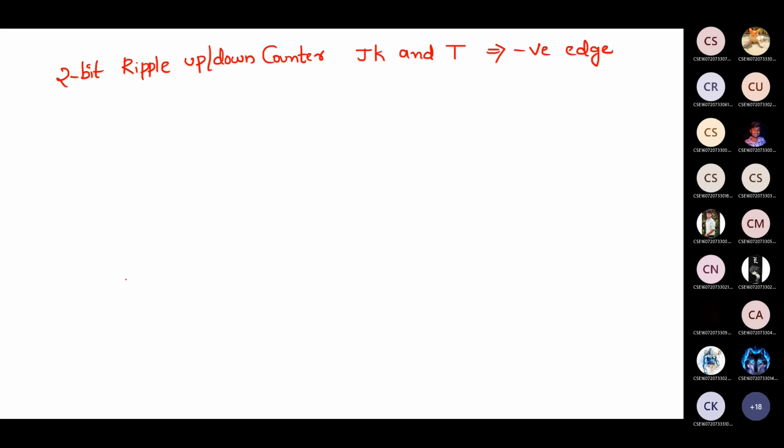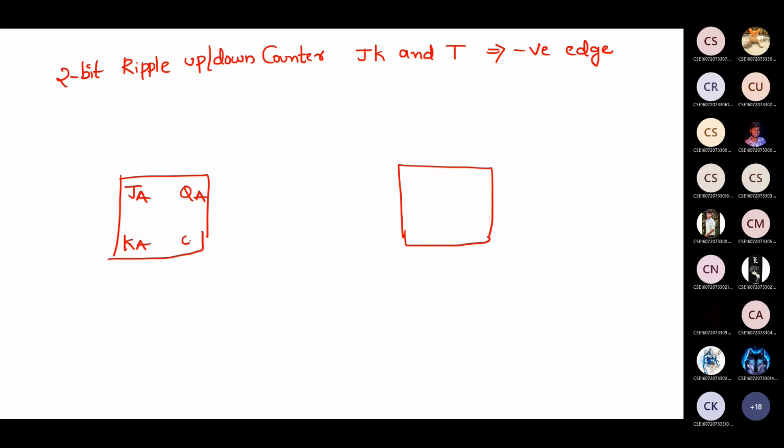Tell me now. I'm going for negative edge trigger flip-flops. Okay, I'm drawing 2 flip-flops. Let me go for JA, KA, QA, QA bar. Next JB, KB, QB, QB bar. So apply negative edge trigger, so an external circle should be there. Next, J, K are connected to logic 1. Okay, J and K are connected to logic 1.